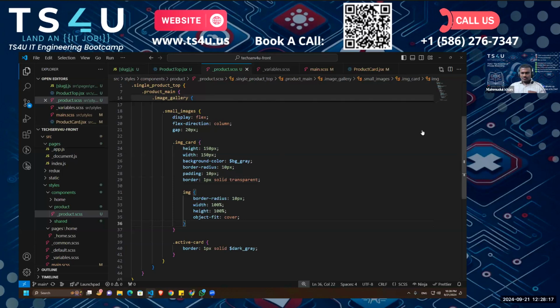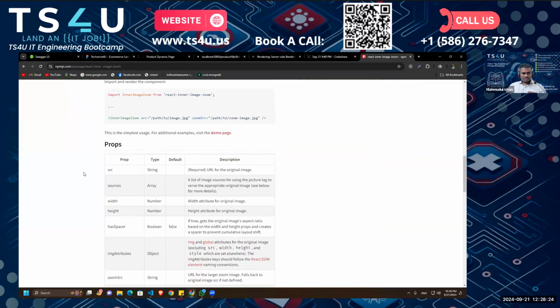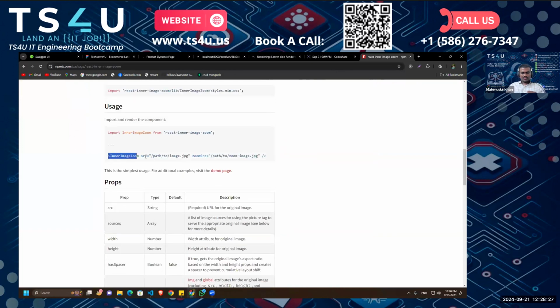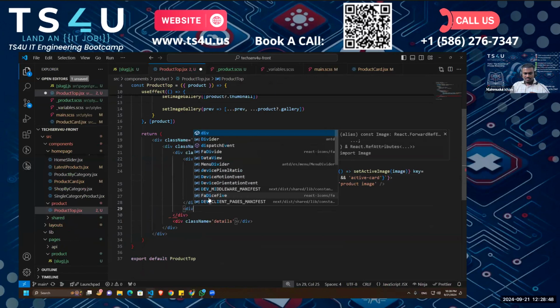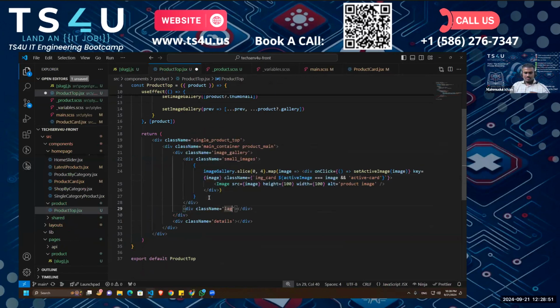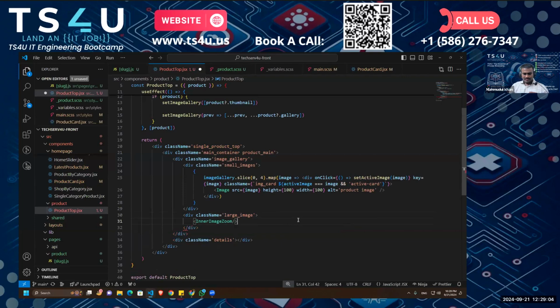Now we have to check how we are going to use it, right? To use it, we have to do inner image zoom, and then we have to give it a zoom. Let's just take this component from here, and after that product, we remember we divided them in two sections. So this is our small image, and this should be our large image. So let's name it large image. Inside that, I'm going to import the inner image zoom that we are getting from that library, React inner image,